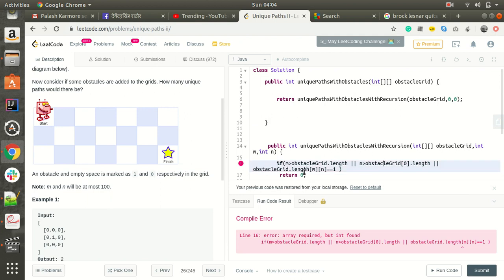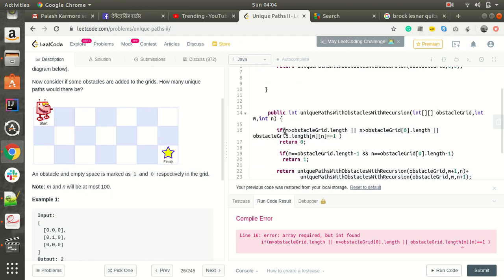Just a minute. This is array. It's correct only, right?